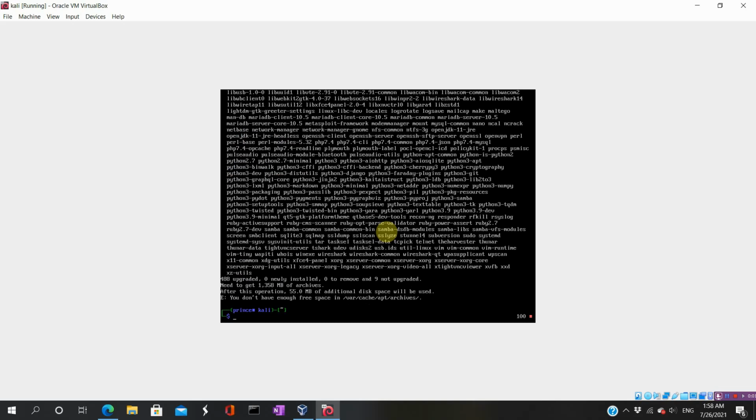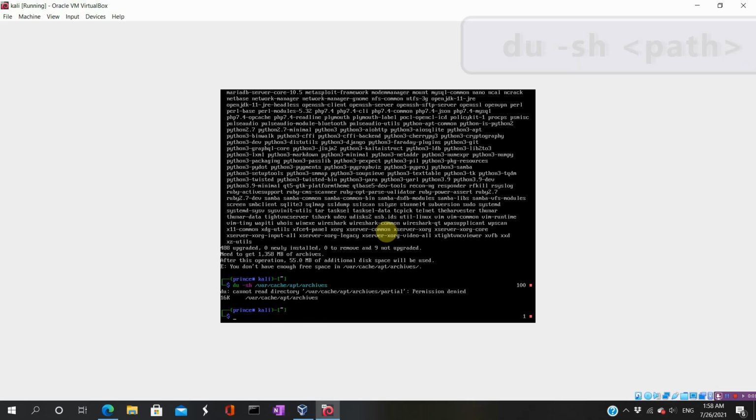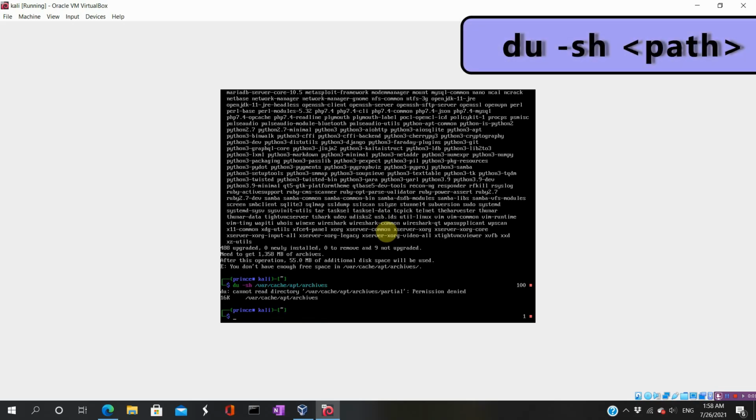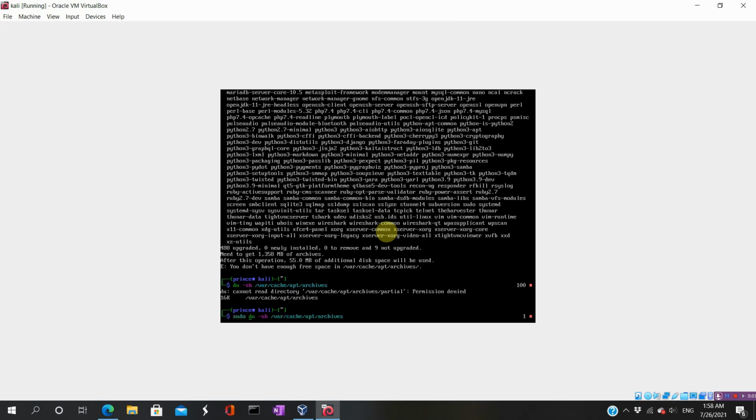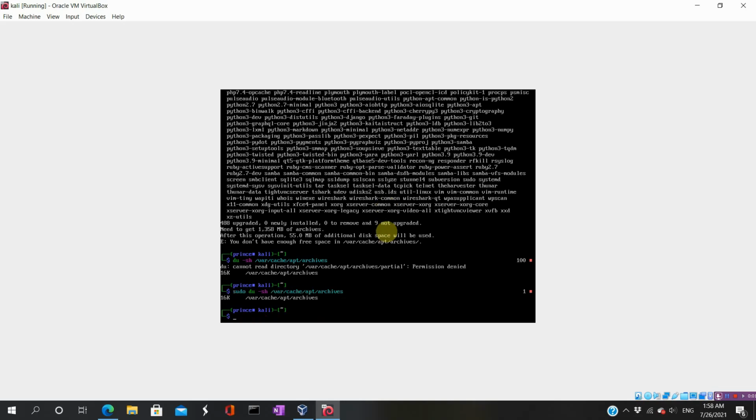Well, it seems there is not enough storage in my virtual machine, and we can see a directory which is var cache. So let us check how much space has been occupied by that. This can be done with the du command, disk usage, and the additional parameters I have given for a total storage and human readability. Okay, this is just in kilobytes. Maybe you can clean that and we'll try again.